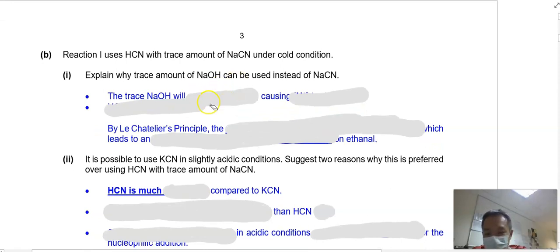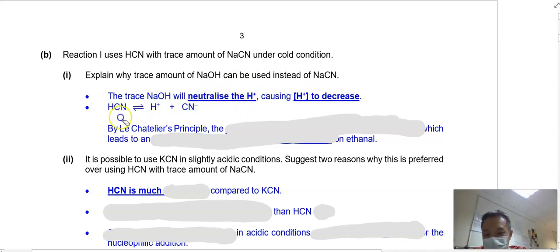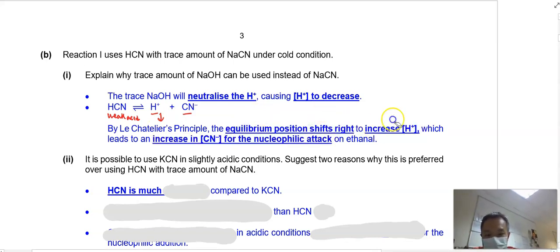So NaOH, what does it do? Basically, it neutralizes the H+, causing H+ to decrease, and this affects this particular equilibrium. As we know, HCN is a weak acid. It dissociates only partially to form H+ and CN-. So if we decrease the concentration of H+, by Le Chatelier's principle, the equilibrium position will shift right to increase H+, which also leads to an increase in the CN- concentration so that